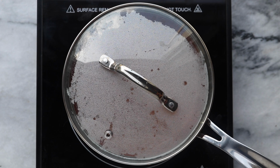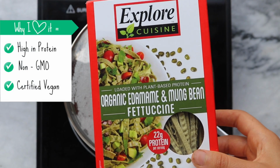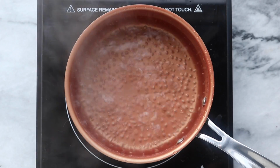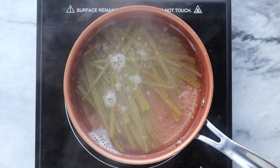Then we're going to cook our pasta. So I found this cool pasta on Thrive Market. It's made from organic edamame and mung beans, and I really liked it because it was high in protein and just looked really delicious. So you're going to cook the pasta according to the package instructions, and in the meantime,